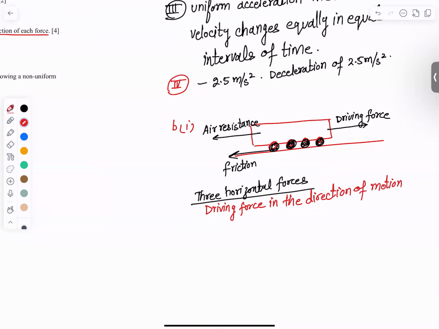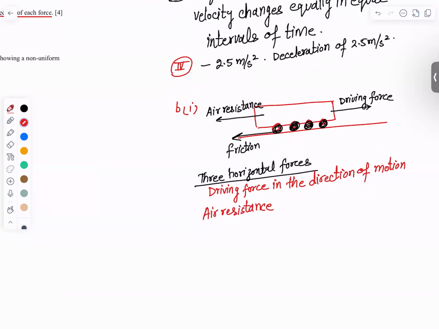Then we have air resistance and road friction or friction with the surface, because the train is not running on the road, obviously. So we should say friction with the surface, air resistance and